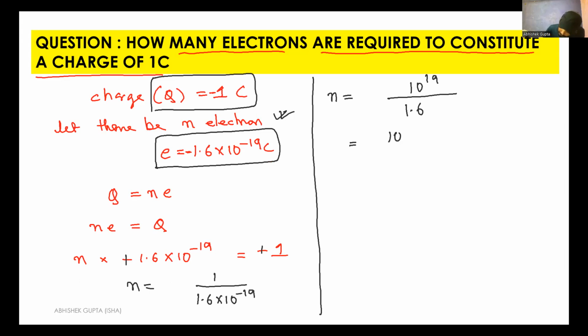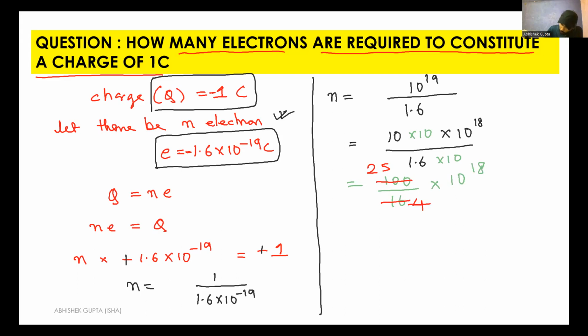अब इसको अगर हम और अच्छे से सिंप्लीफाई करें, इसको लिख सकते हैं हम 10 into 10 to the power 18। 19 था, एक 10 बाहर लिए, 18 बच गया, डिवाइडेड बाय 1.6। अब देखिए हम क्या कर रहे हैं, जानबूझकर हम ऊपर नीचे 10 से मल्टीप्लाई कर रहे हैं ताकि ऊपर 100 हो जाएगा, नीचे 1.6 into 10 will become 16 and I'll have factor 10 to the power 18। अब इसको डिवाइड कर दो, तो n आएगा आपका 6.25 into 10 to the power 18।